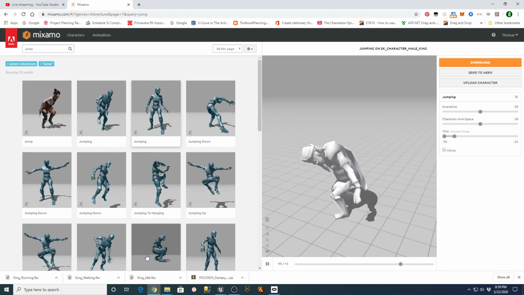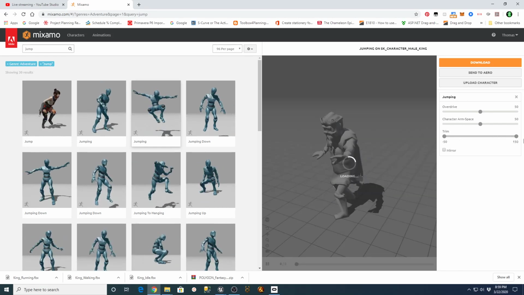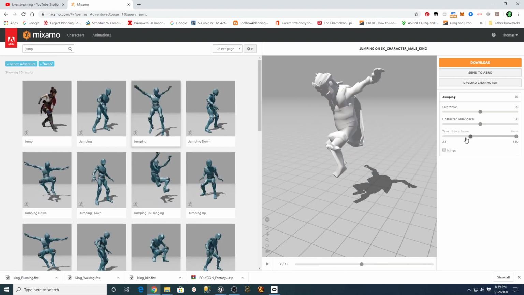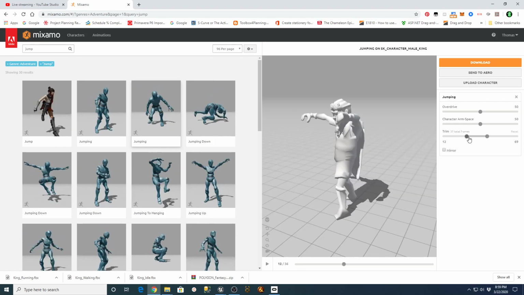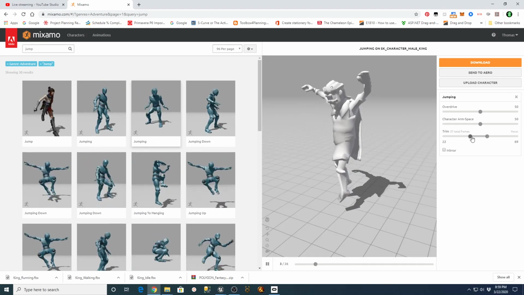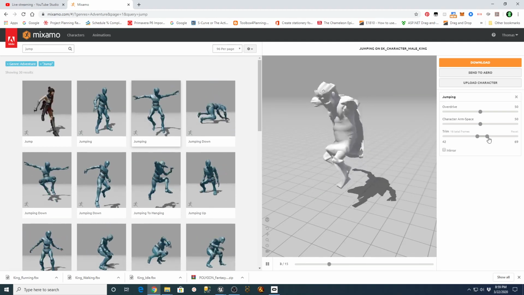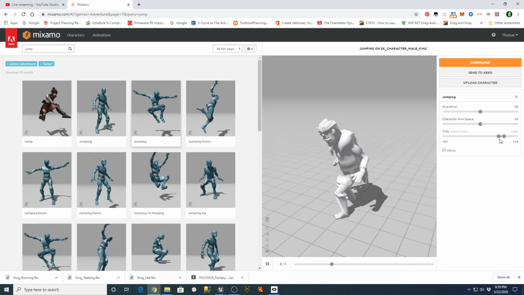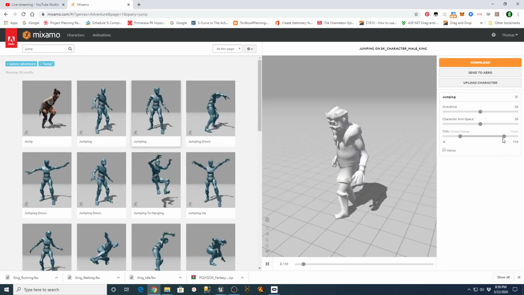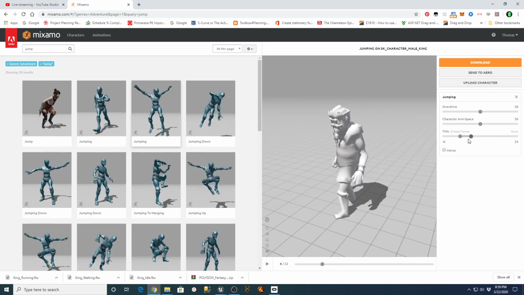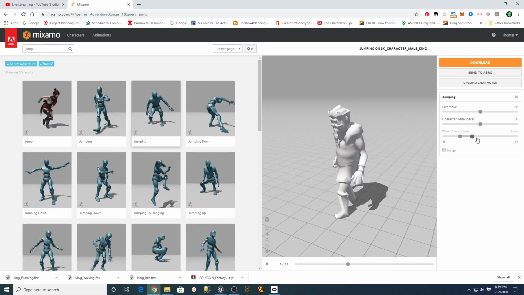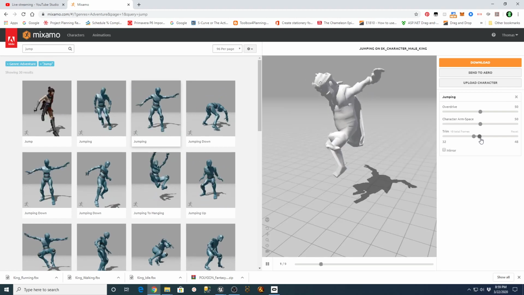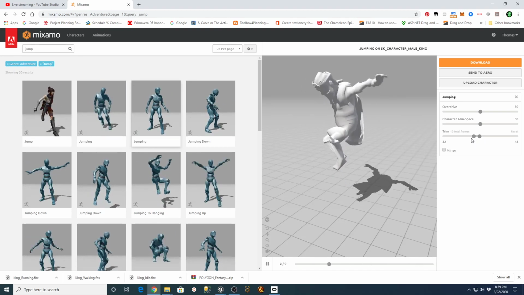So if I can find one that has the overall jump in it, what I'm going to do is use this trim to get frames from the front end, frames from the back end, and frames from the middle, so that I can assign them to jumping, and end. In other words, if I could find a spot where the guy's up in the air, that's at the end of it, maybe closer to here. You know what I mean? If I can trim this up, there you go. So there's where he's in the air a little bit. That could be my jumping loop.